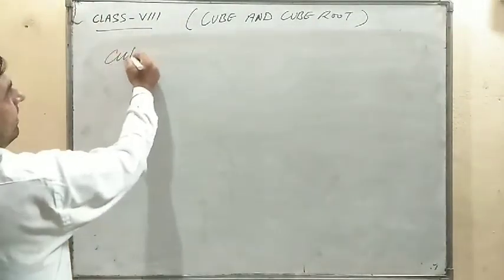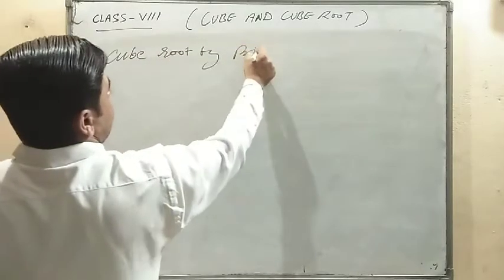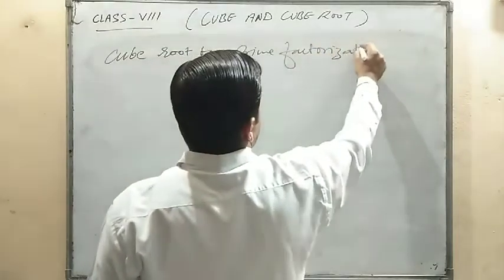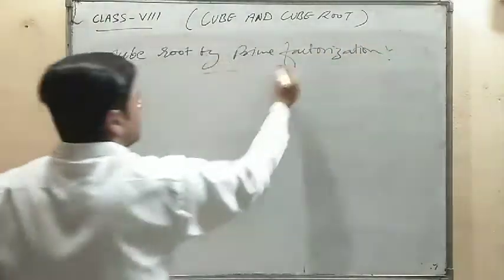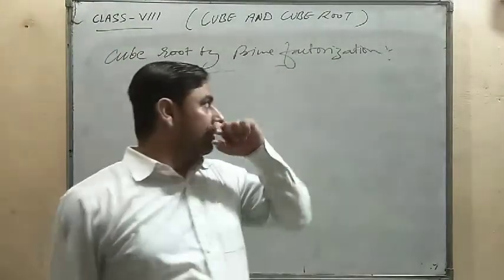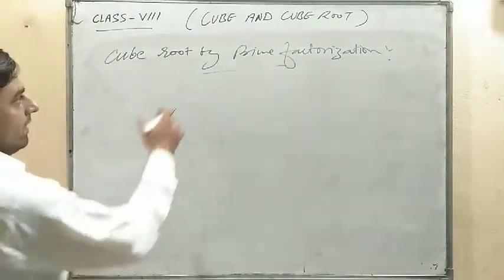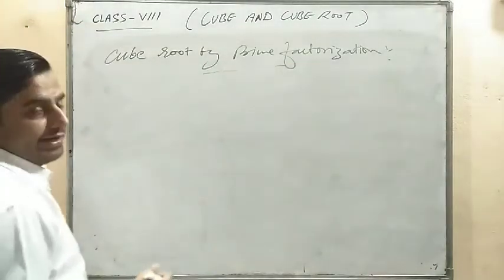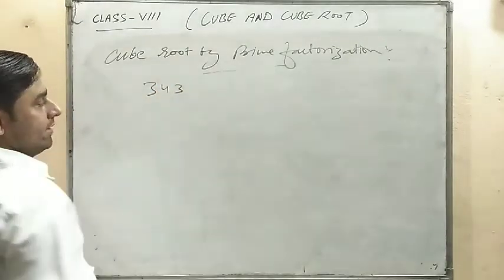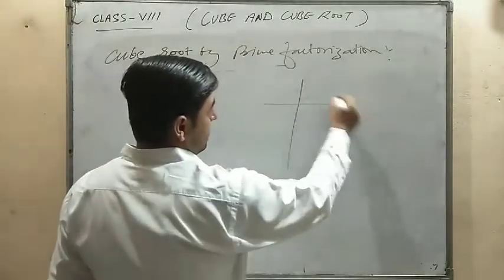Next is cube root by prime factorization. You learned in your earlier classes how to find the prime factors of any number. Suppose one number is given, 343. So if you find the prime factors of this number,